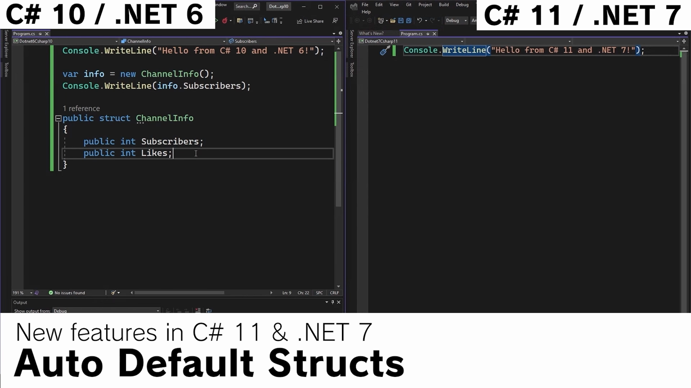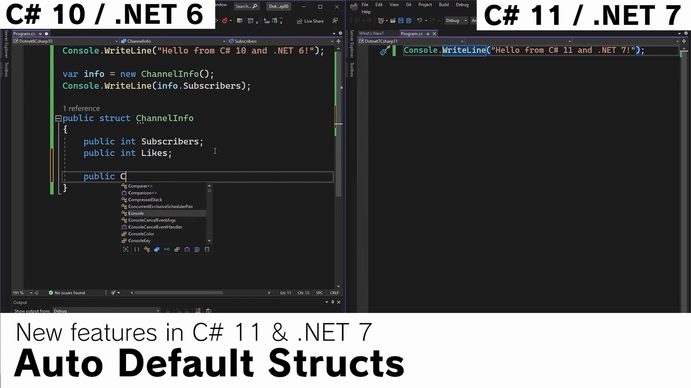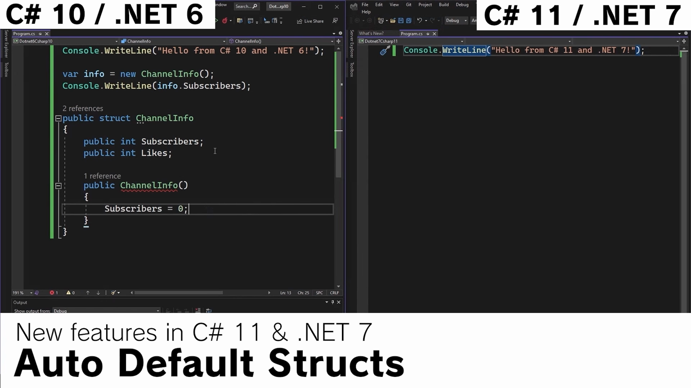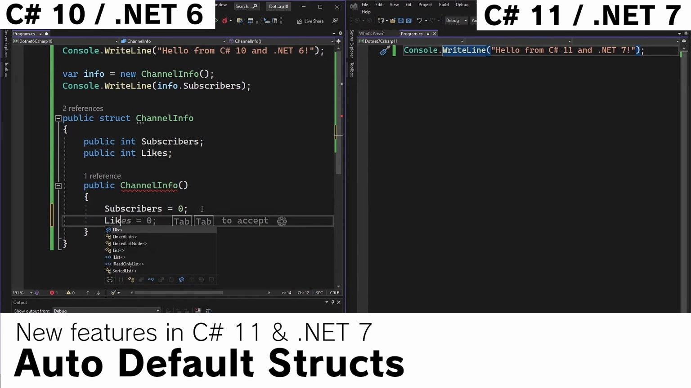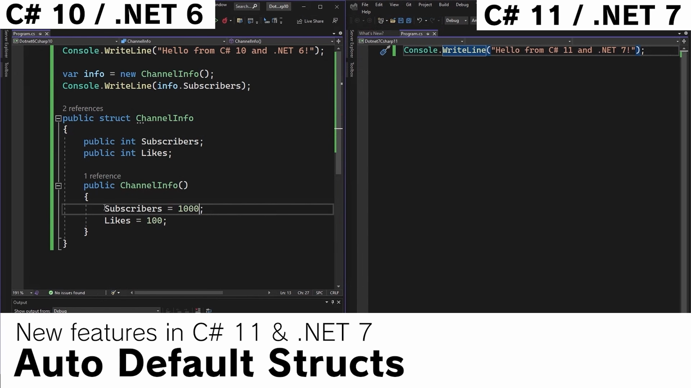So far so good. However, in C# 10 in .NET 6, if we create a constructor called ChannelInfo, we are forced to initialize both Subscribers and Likes here. The compiler is saying that field ChannelInfo.Likes must be fully assigned before control is returned to the caller. So this won't let us run this app unless we also do something like this. So we have to initialize both of these values in a struct before we're allowed to use it,